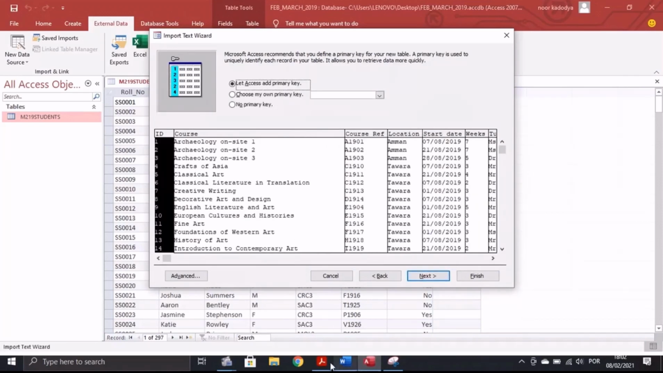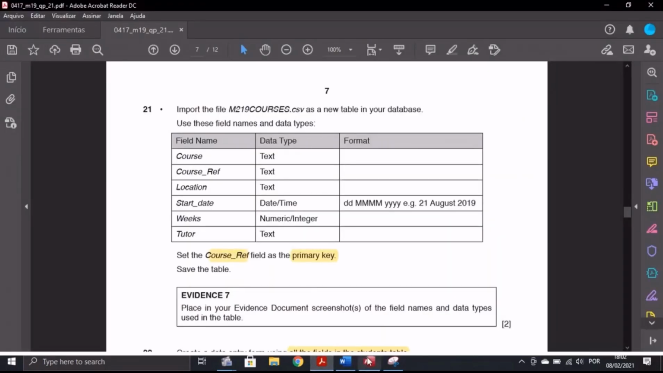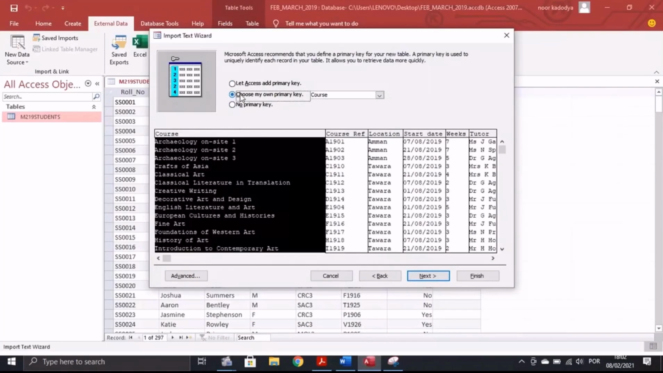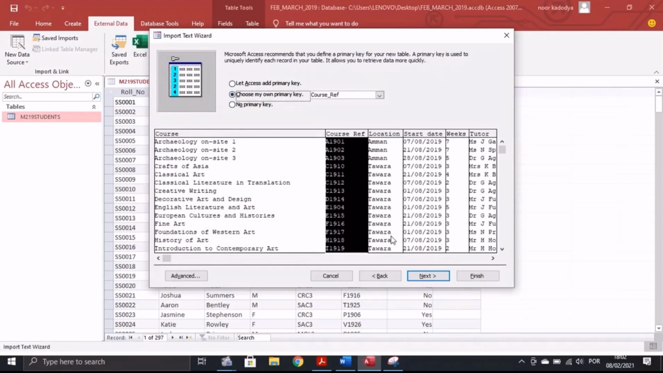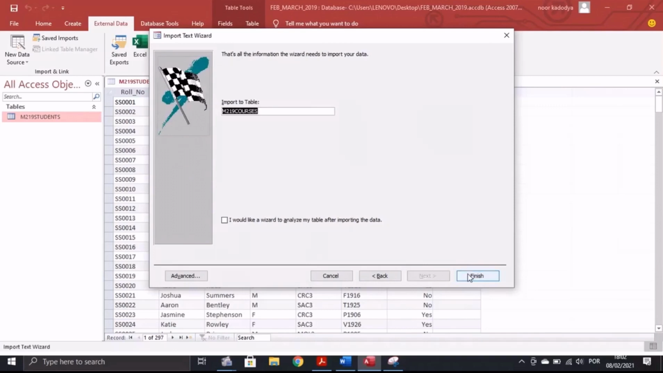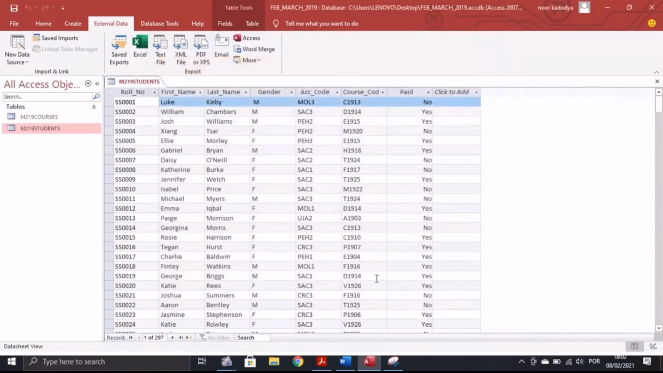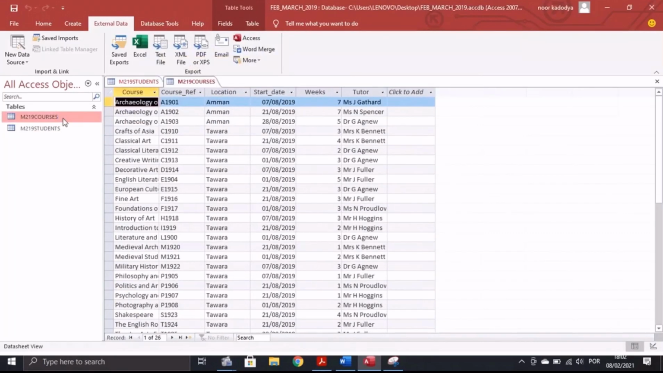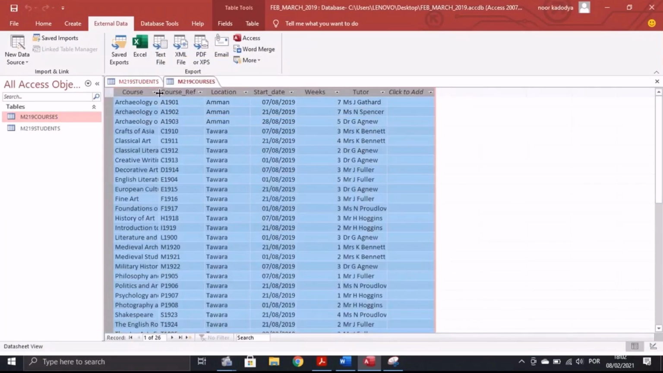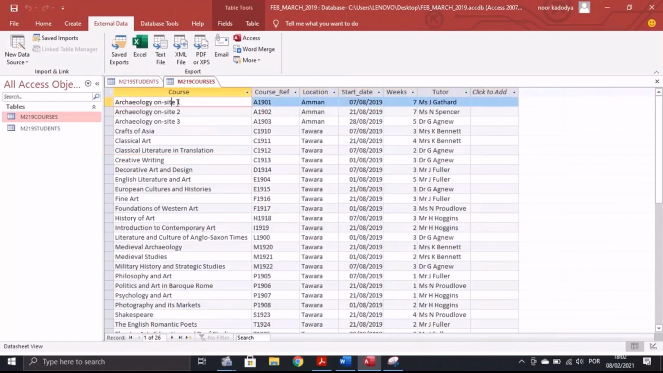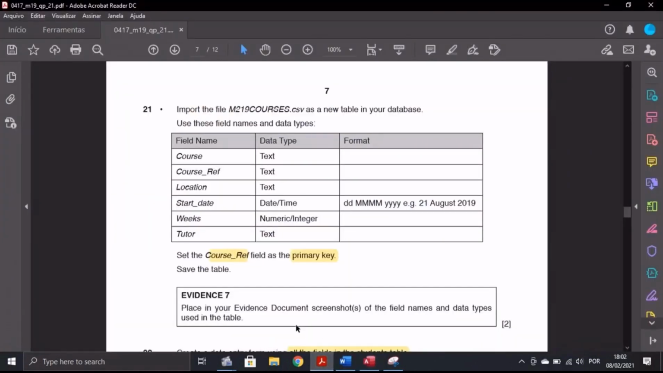And our primary key should be the course reference, so we choose our own and we choose the course reference, and we go to next, and we save this, close this. Now we have here the courses table, the course reference, the location, the start date, the weeks, and the tutors. Now we have to place in the event tracking the screenshot of this,